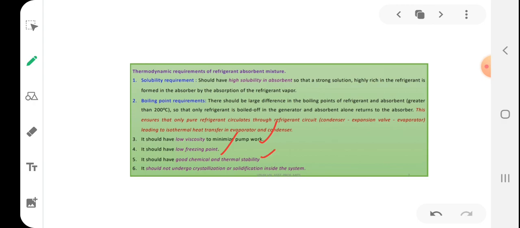And the fifth one, it should have good chemical and thermal stability. That is, it should be stable. It should not disintegrate. If it disintegrates, it means